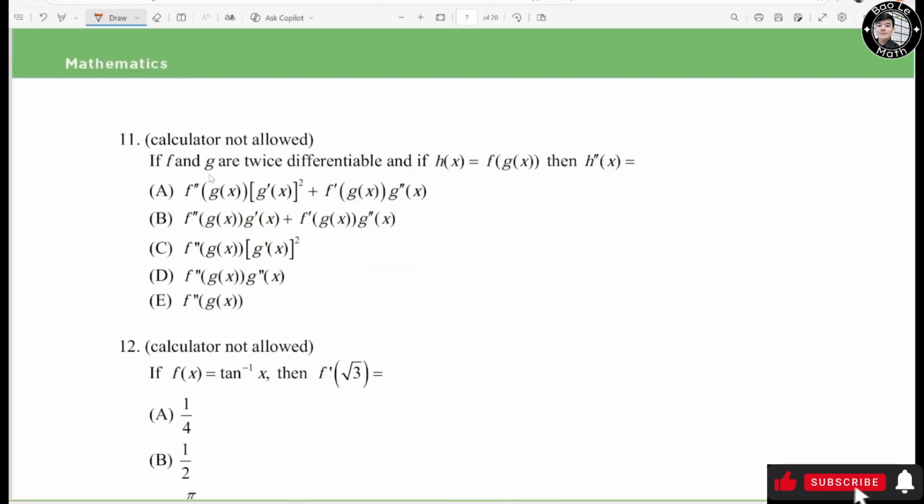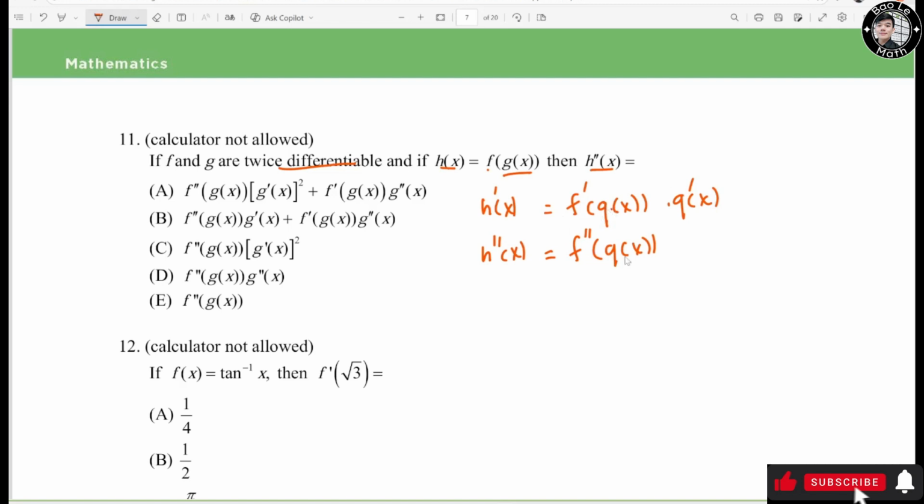Now question 11. If f and g are twice differentiable and if h of s equals f of g of s, then h double prime of s is? So we need to find the first derivative first. It's f prime of g of s times g prime of s. Now for the second derivative, we're going to use the product rule. So it's f prime of g of s,